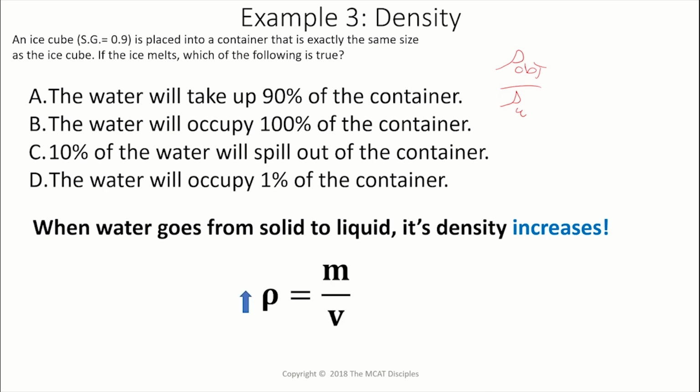And so that just means that the density is increasing, so the volume is decreasing. So the water in this case will actually take up only 90% of the container, right? Just from the density change. So very interesting is that when you put a water bottle in the freezer and you freeze it, the water actually expands. From the transition from liquid to ice, the volume actually increases, so the density decreases, and it may just break open the water bottle.